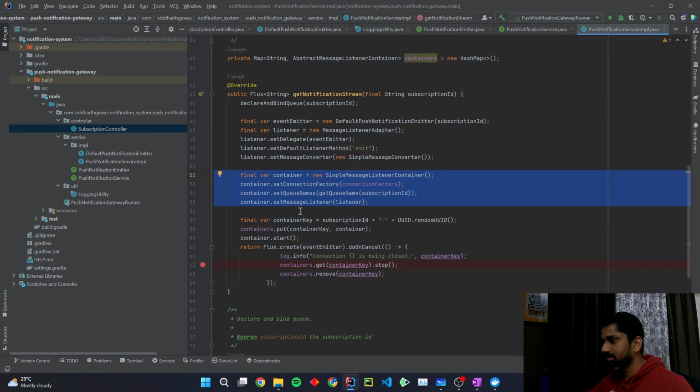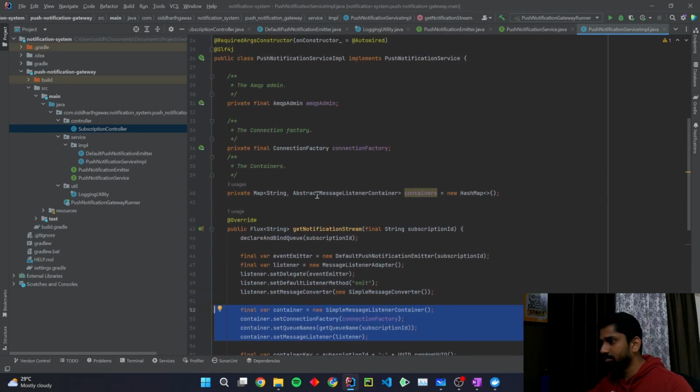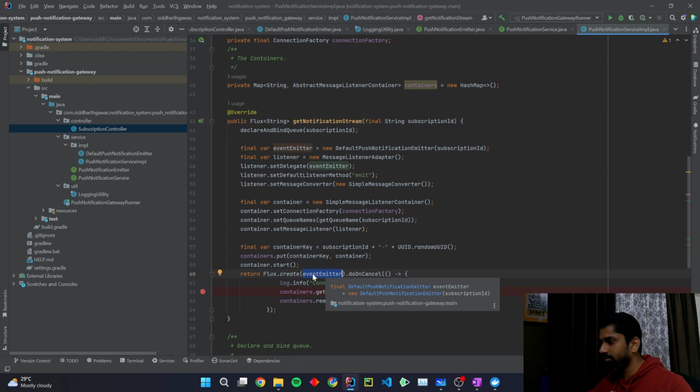Once that container is created, we store it in this service class in a map, so that the consumer stays alive and is not stopped when this whole function call exits. Then here we can see that we create a stream of this event emitter. The event emitter is basically a flux sink,